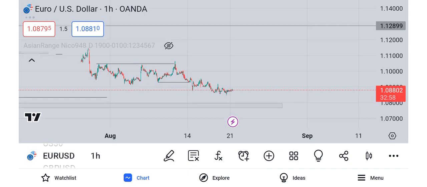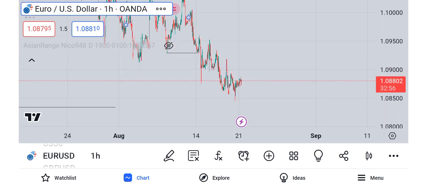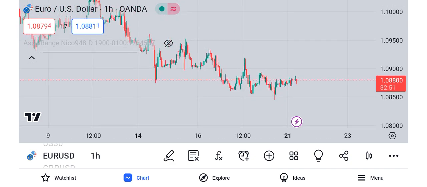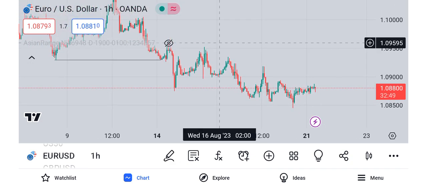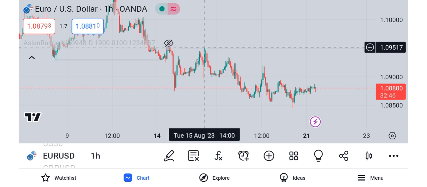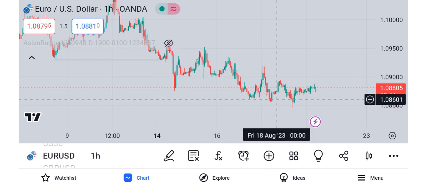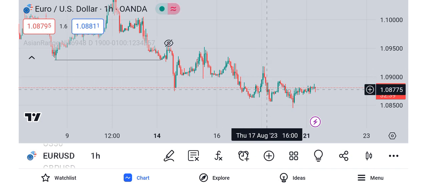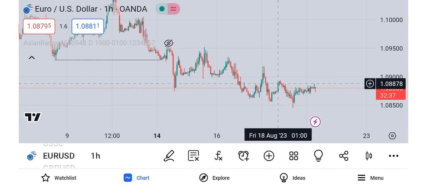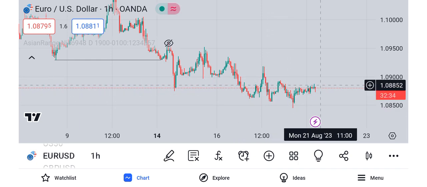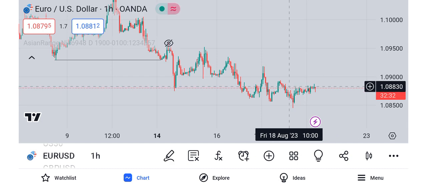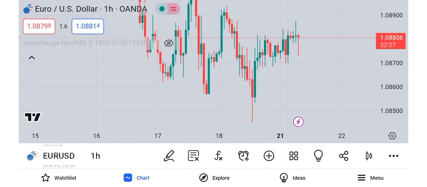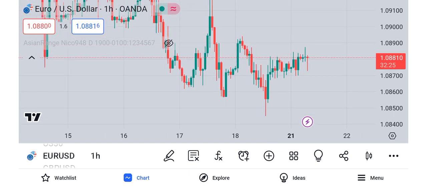As you can all see here, this is a swing high, this is a swing high, this is also a swing high, because this took out internal range liquidity of this range. So this is also a swing high, and price is at the premium of this current 1 hour range here, and still going up.